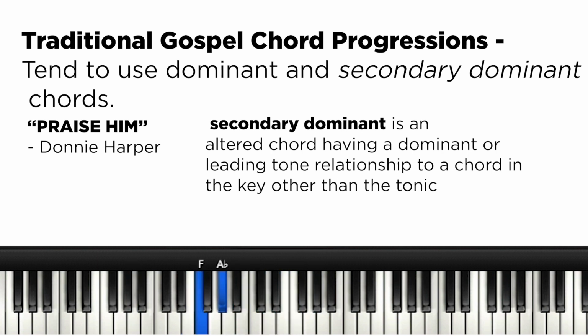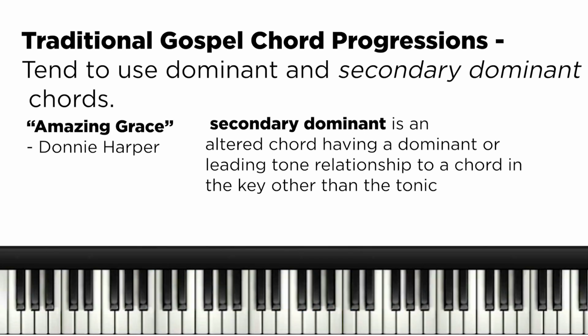Diminished chord, and praise him. So you go from there. To get to the F sharp, we can go to the C sharp. So we can use this chord here, it's dominant, and then to that minor, and then use this, and then go to the minor here. So other things in gospel music, you have a lot of secondary dominants.